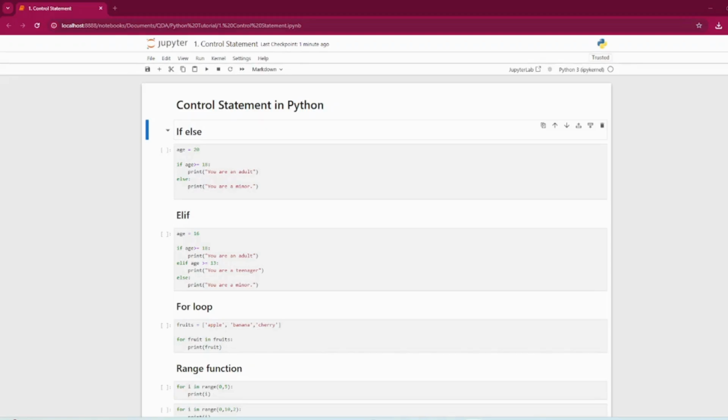So let me start with the if and else statement. This helps us make a decision in our program. An if statement checks a condition, and if it is true, it executes the block of code inside it. If not, the program moves to the next statement, which can be else or elif. So if I run this code,